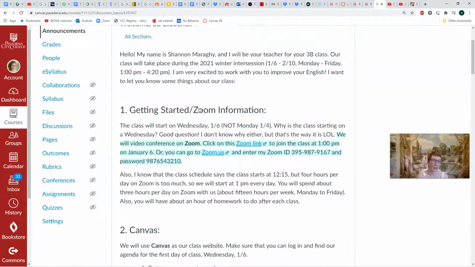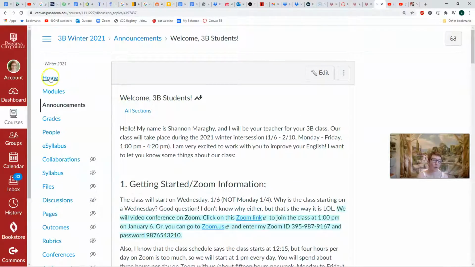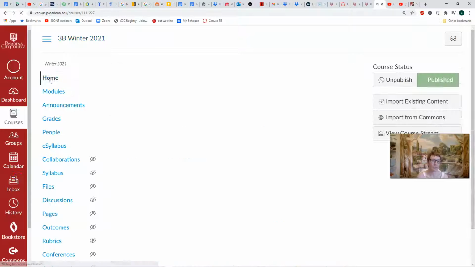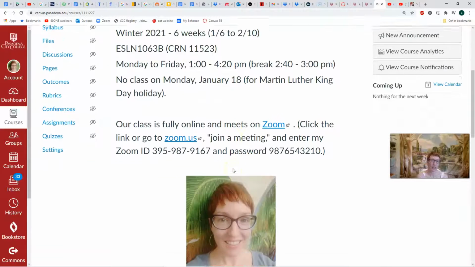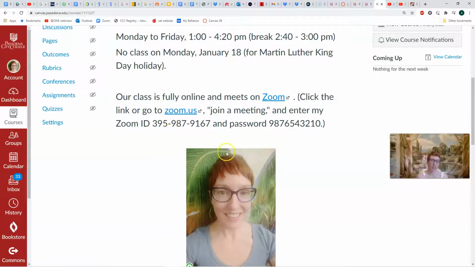So I'm going to go back up and go back to Home and go down a little bit. We have some information about the class. No class on Monday, January 18th for Martin Luther King Day. Here's my Zoom information.